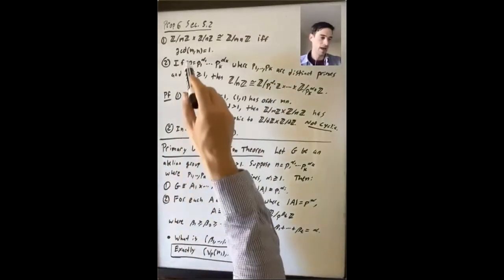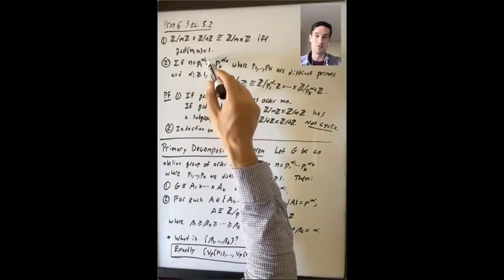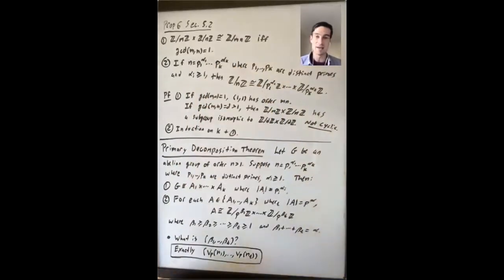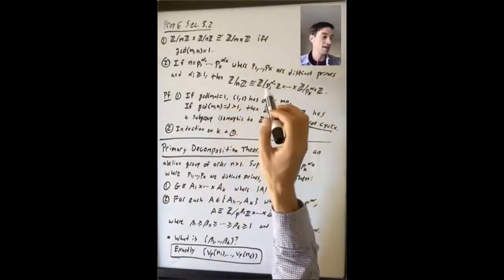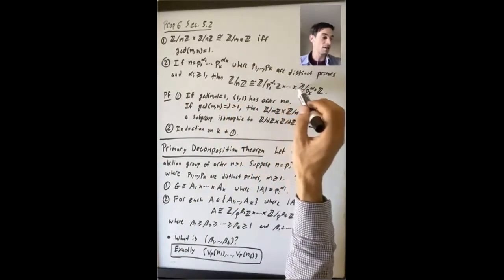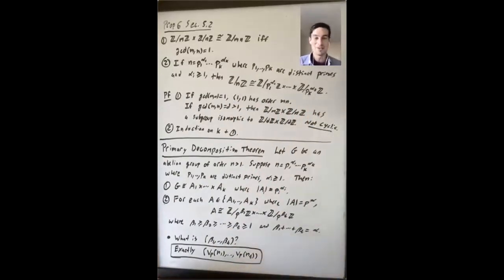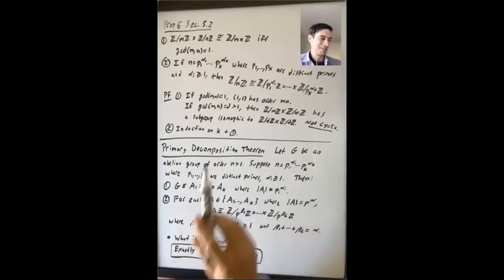Second, if N factors as a product of prime powers, P1 to the alpha 1, P2 to the alpha 2, up to Pk to the alpha k, where P1 up through Pk are distinct primes, and each alpha i is greater than or equal to 1, then Z mod NZ is isomorphic to Z mod P1 to the alpha 1 Z cross ... cross Z mod Pk to the alpha k Z. And there are a bunch of ways to prove this. One thing that you could do, which would be sort of overkill given what we've done so far, is